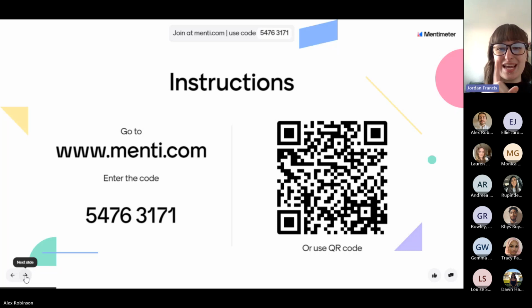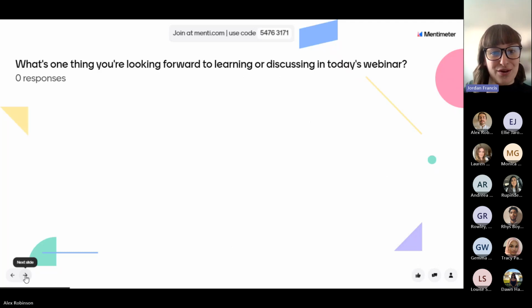And you will be able to join the Menti at any point throughout the presentation. That code should stay at the top of all of these slides. So if you've missed the Menti and don't get a chance to join on immediately, there will be that opportunity throughout. So just to get started, to see if people have been able to get onto the Menti,